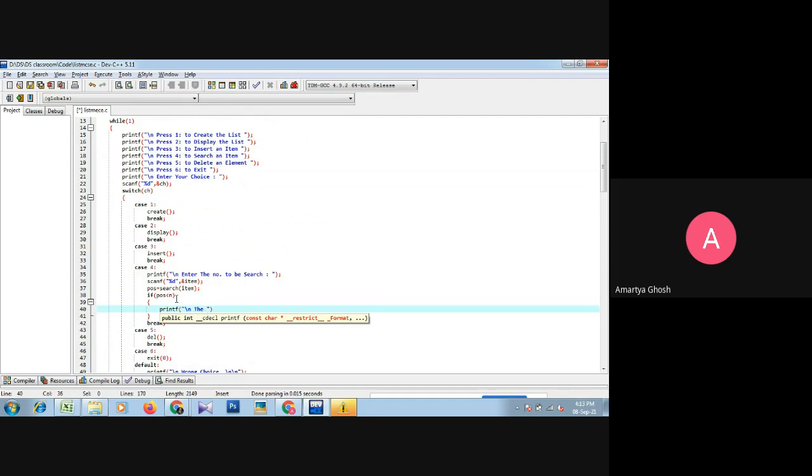the percent d, that is the item, is found at position percent d, comma pos. But this pos holds the value of I, and I will start from 0.